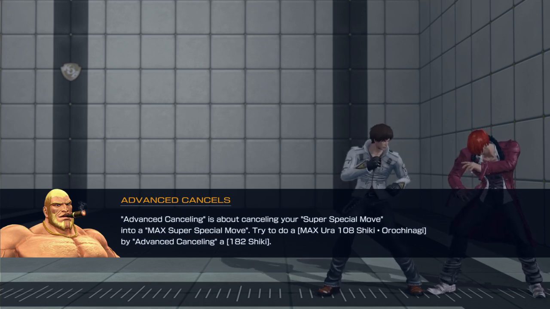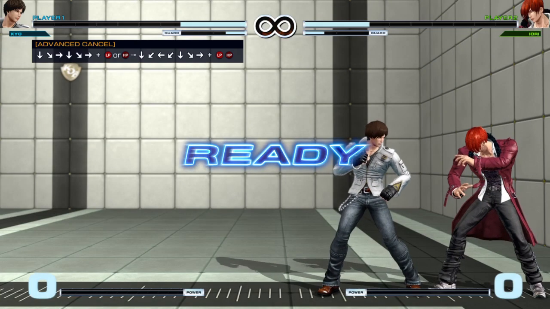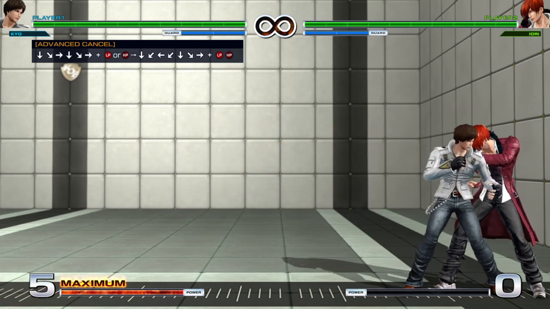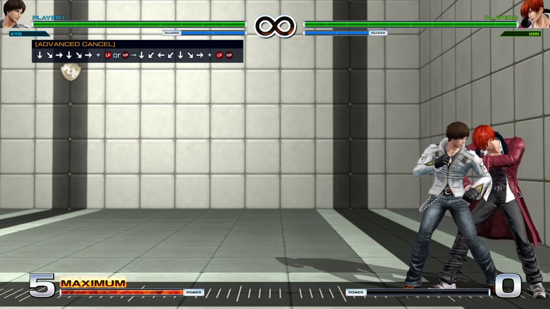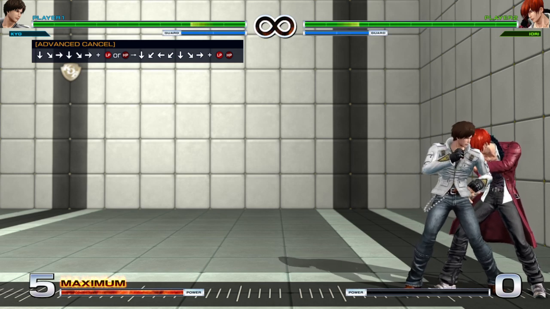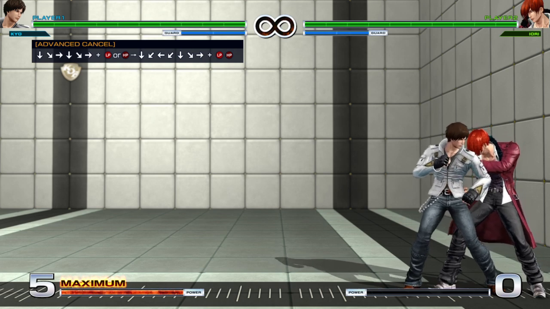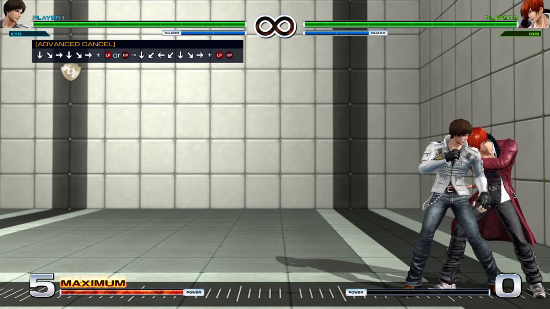Okay, advanced canceling is about canceling your super special move into a max super special move. Oh, good lord. Advanced canceling. So double fireball, followed by a... So it's a double fireball, hold forward during the double fireball. Then go down, then Yoga Flame with a...